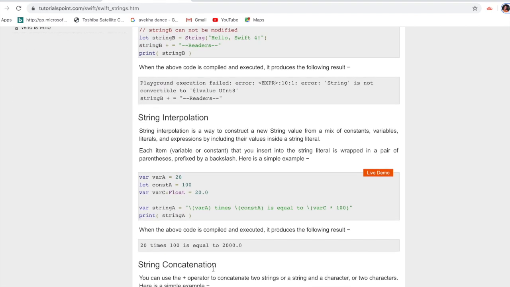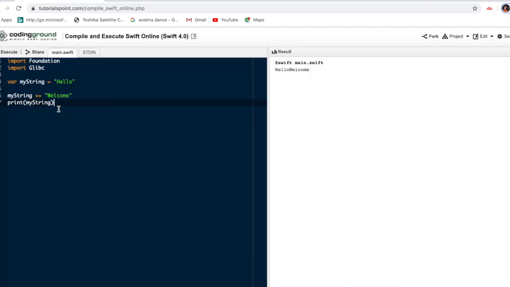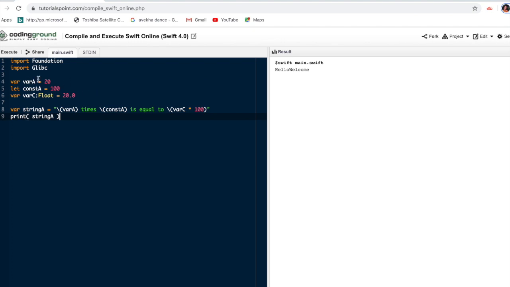Next is string interpolation, which is actually about assigning constants. First I'm assigning 20 to a var a. After that I'm assigning a constant value 100.